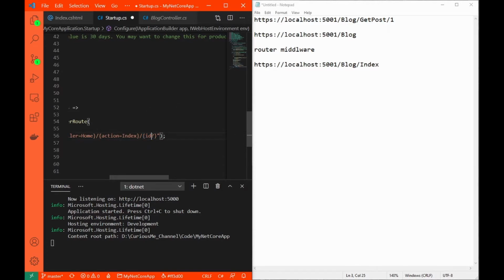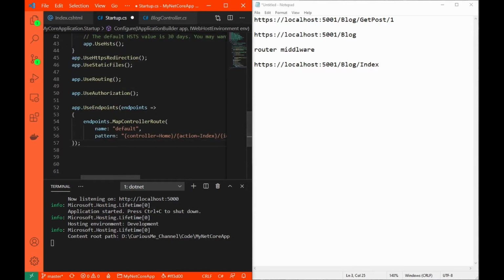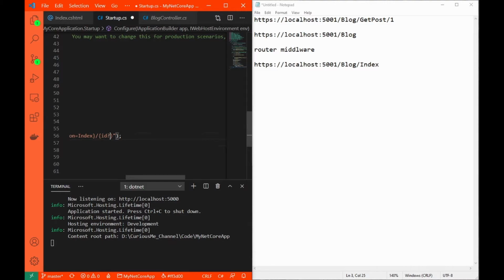By adding that question mark, we are telling our router that, hey, maybe this ID is present, maybe not, don't worry about it. That's why whenever our default home or index is added, ID is not added, because it is not required at all and it is always optional. Okay, I hope that is clear.